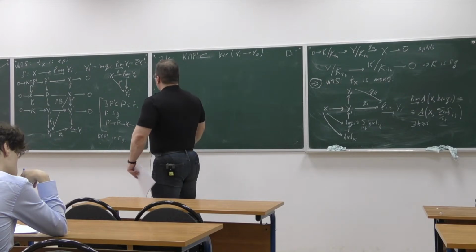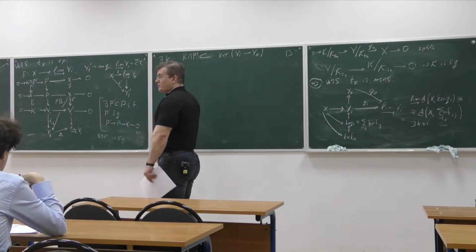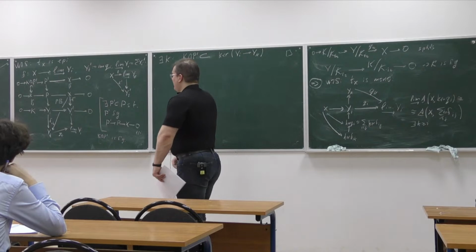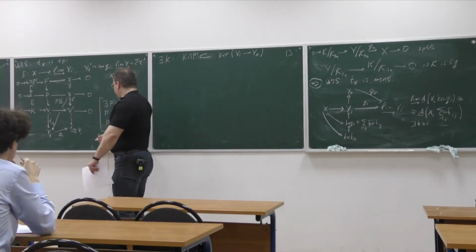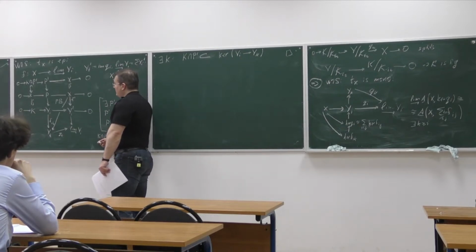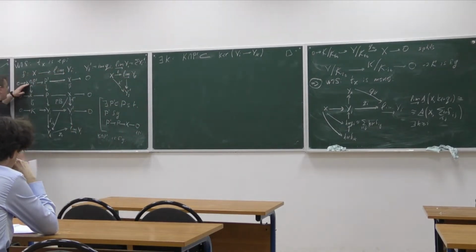If you have questions, ask the questions. How did we obtain yk? Well, it's just the same logic. This is a finitely generated object, right? Yes, this finitely generated object.